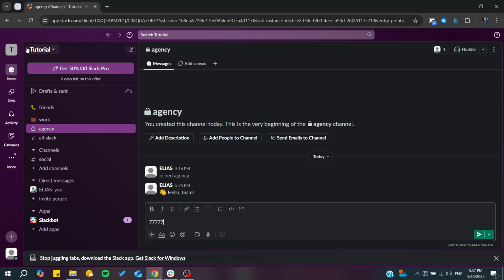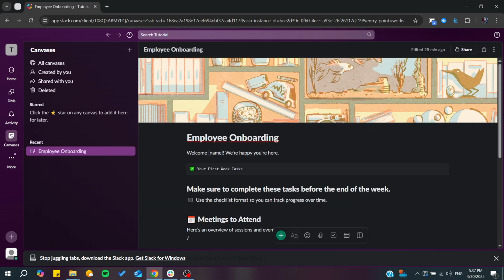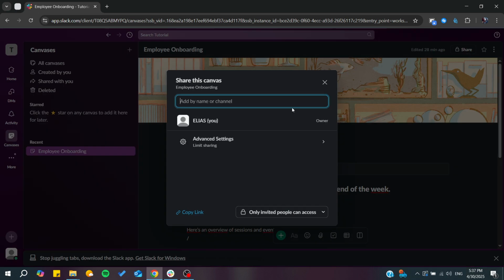So simply log in or access your Slack workspace. After that, you might go for any channel that you would like, or you can simply create a private channel for yourself. And also you can have your own canvases, and from there you will be able to start creating a new canvas, and from there you can make it a private one. So as you can see, this one is private,